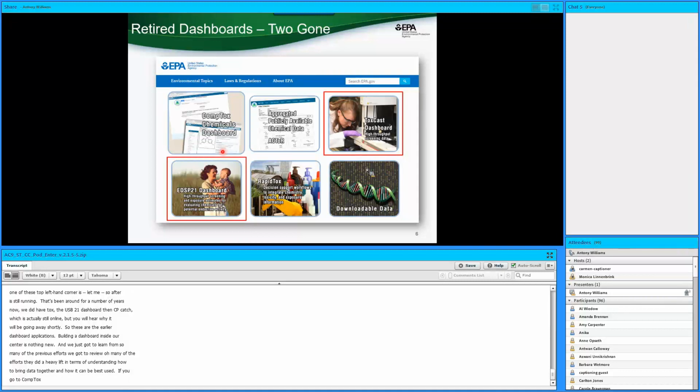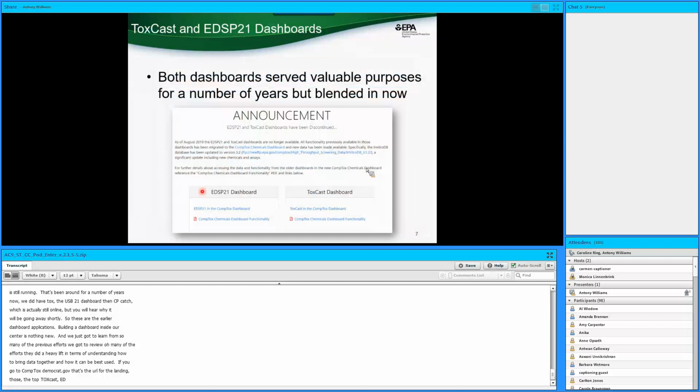And those earlier dashboards, ToxCast dashboard, top right, and the EDSP dashboard, you will find when you click on them that they've actually been retired. Both served incredibly valuable purposes for the center and for the community, but they have now been discontinued. And a lot of work has been done working with the people who developed those originally to migrate data capability and functionality into the CompTox Chemicals Dashboard, and to build on that early work and enrich it for what we deliver